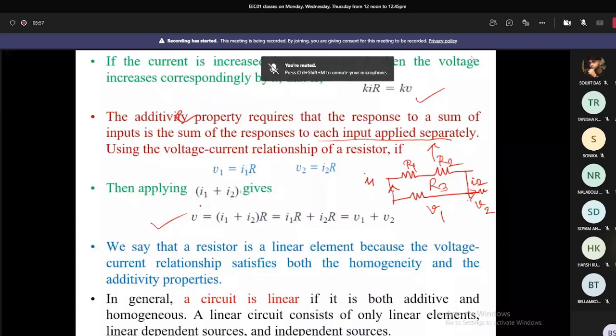So now let us come to the statement of the superposition theorem. What is the superposition theorem? The superposition theorem states that if a linear system is driven by more than one independent power source, then the total response through a particular element is the sum of the individual responses of each source taken at a time. Each source taken at a time. So if there are n number of sources, we'll consider only one source at a time, while replacing all other n minus 1 sources by their internal resistance.